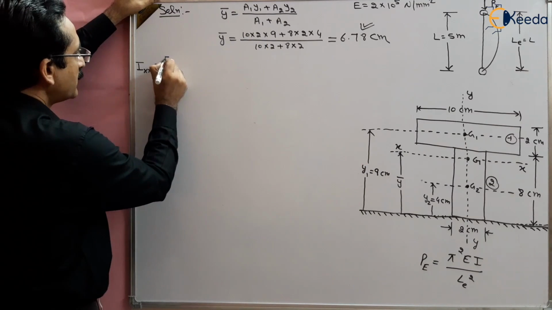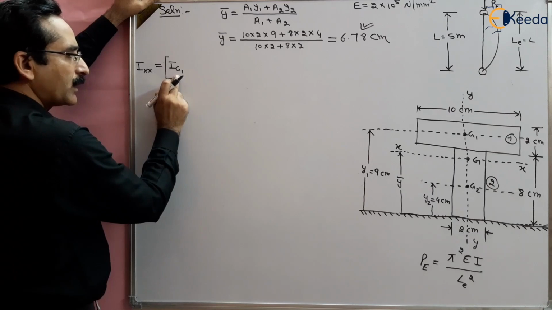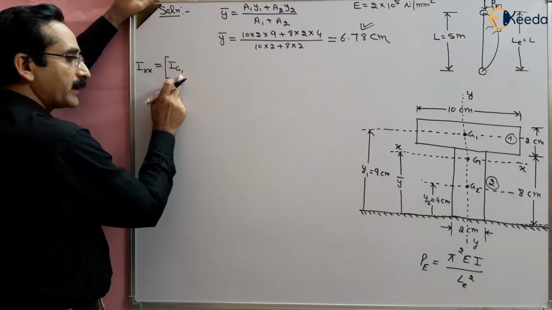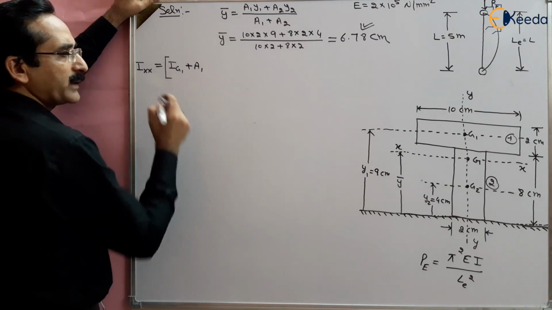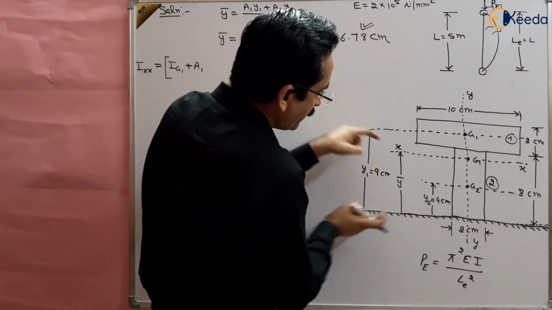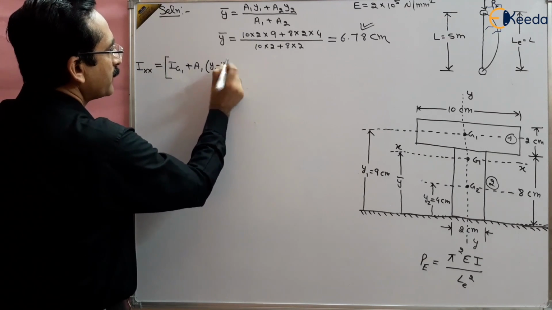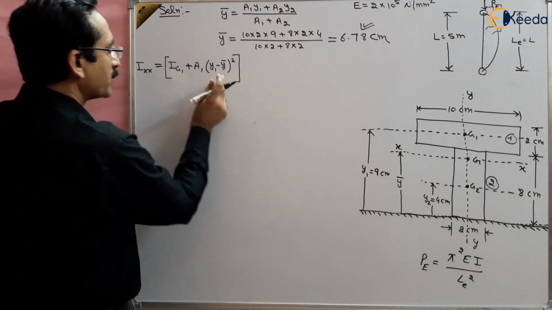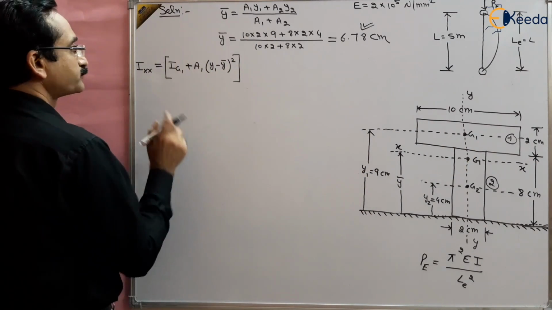So this is the Ig1, about the centroid of body 1, along a line parallel to xx, plus the area of body 1 multiplied by the distance Gg1 square. And what is Gg1? That is y1 minus y bar. So this is (y1 minus y bar) square, the distance between two parallel lines squared, by the parallel axis theorem, plus